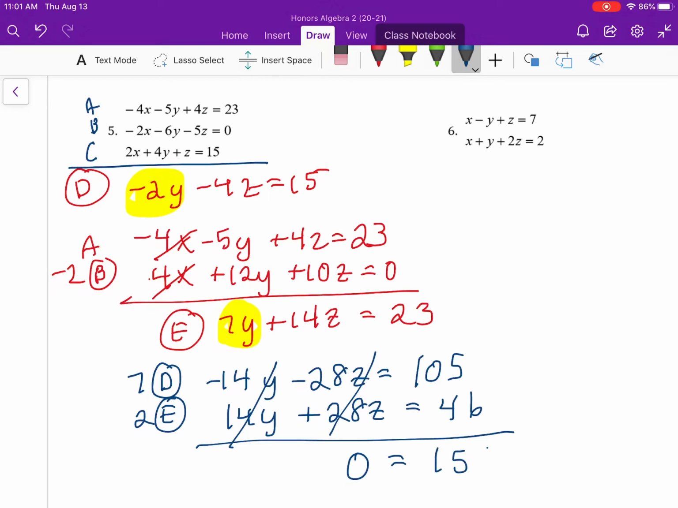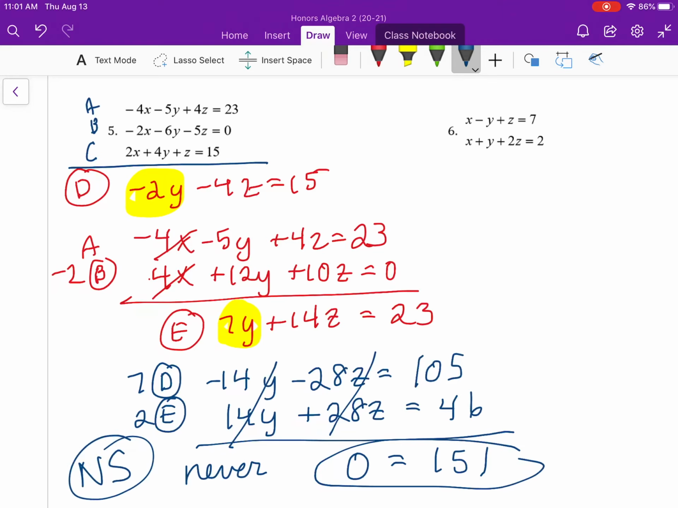Now look what happens. 0 equals 151. When is this true? It's never true. So this would be an example of no solution. So just be aware of those two types of situations as you're working. If you get something that's true, then it's going to be infinitely many. If you get something that is